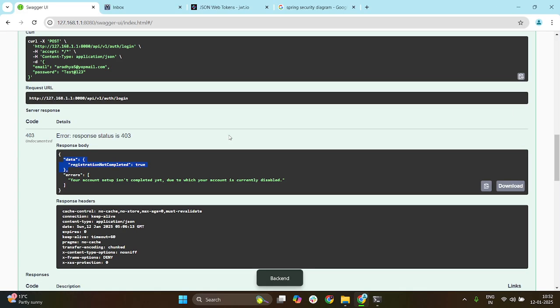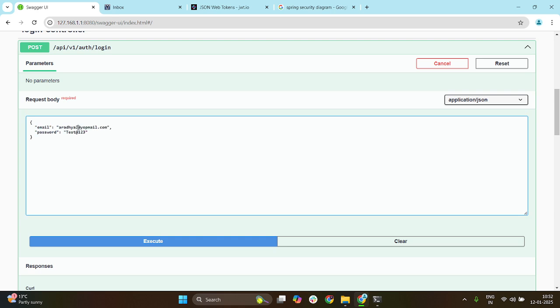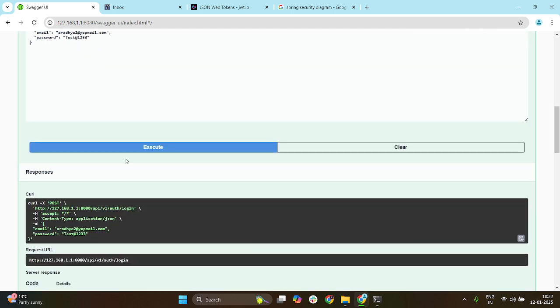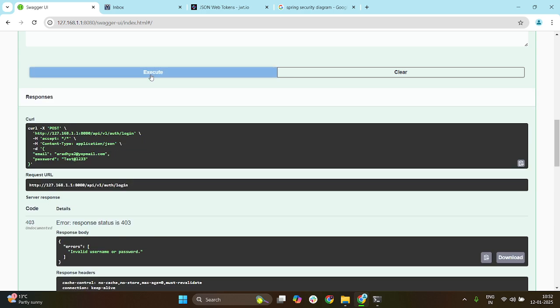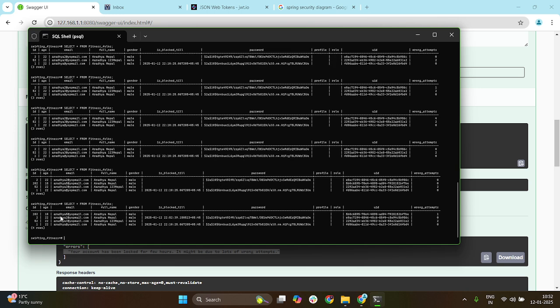Similarly, if I try to log in using wrong credentials lots of times, 3, 4, 5, 6, 7, 8, 9, and boom, I will get this kind of exception: your account has been locked for a few hours, it might be due to lots of wrong attempts. I'm assuming this exception because the account is blocked